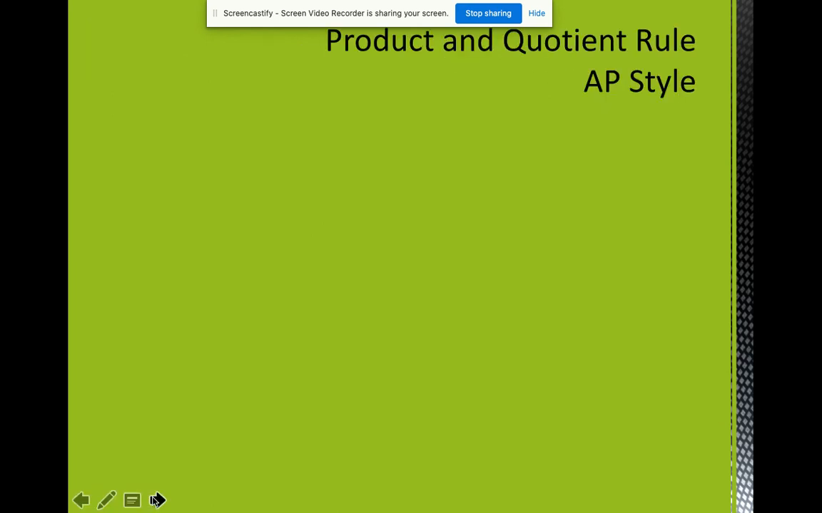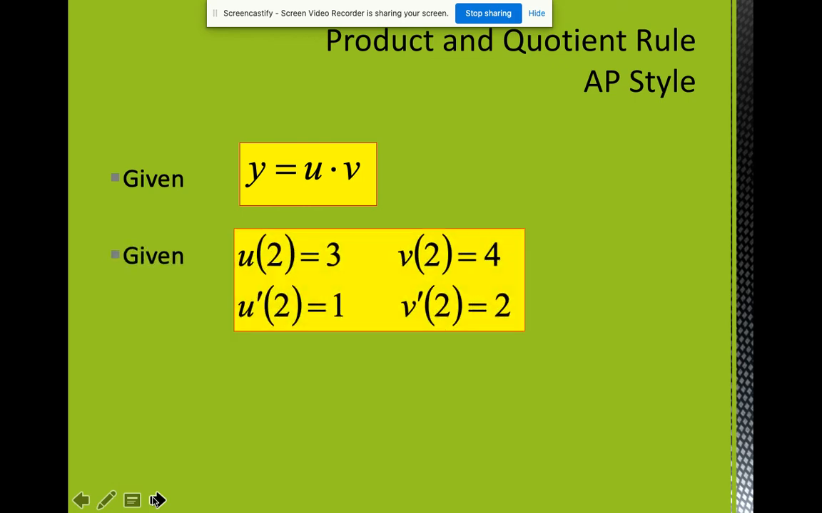Last thing I want to do is show you how AP is going to test you on the product rule and quotient rule without giving you a function. So even if you have a calculator that maybe has been programmed with the quotient rule, they're going to give you a problem like this. And again, it's probably going to be on the non-calculator part anyway. So they're going to say, here's a function that is a product. I want you to, given some information about their values and their derivative values at a particular point, find the